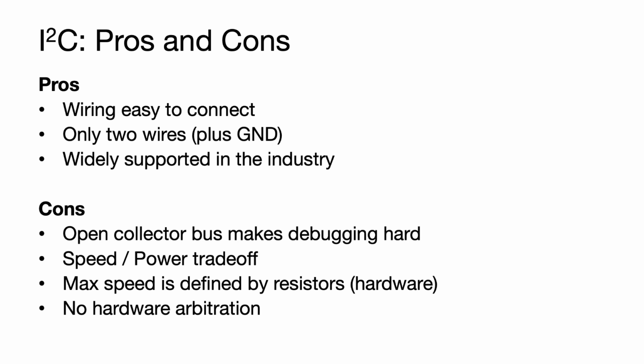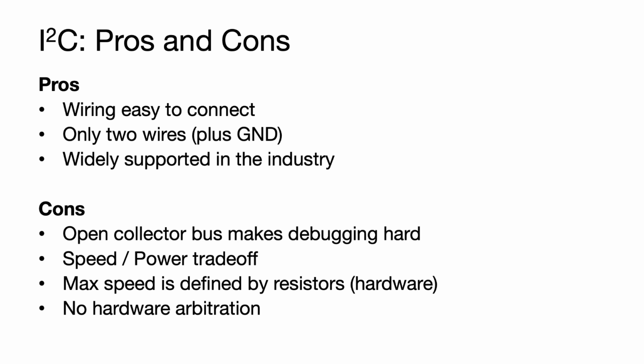Another con is the speed power trade-off. You have this pull-up resistor, and if you want to go faster, you can't just drive, it's not like the CMOS outputs, you actually have to put a different resistor on there, and it burns more power. Also,